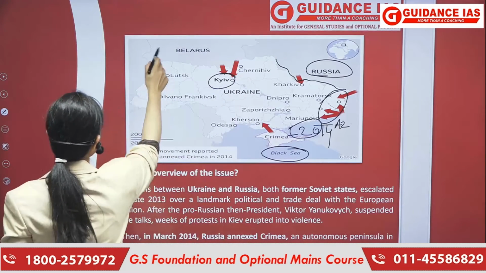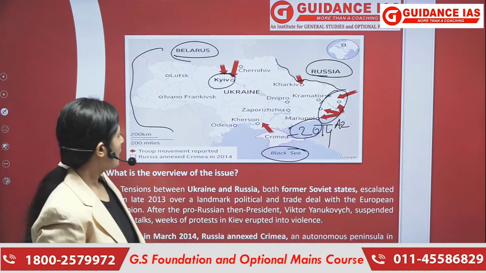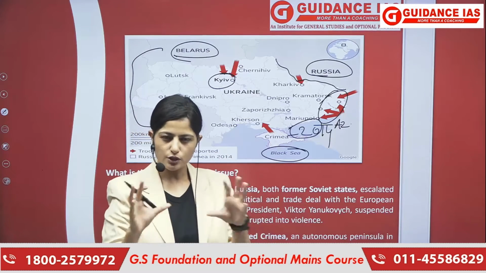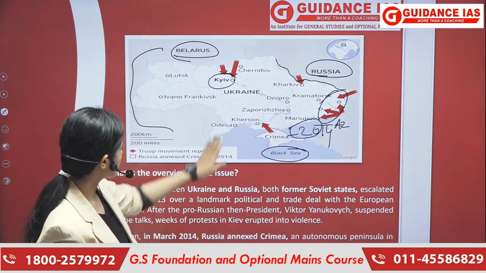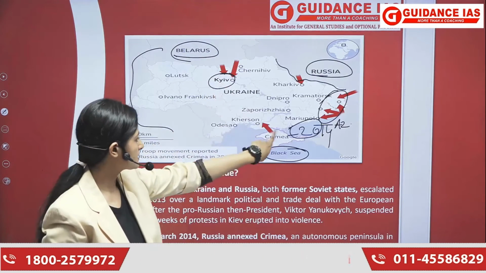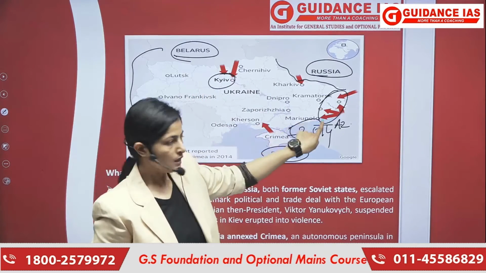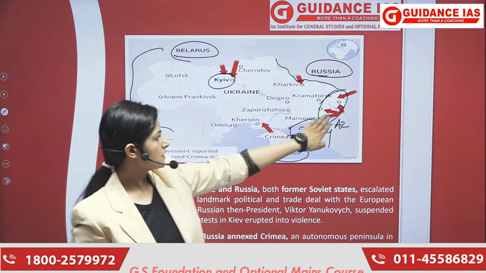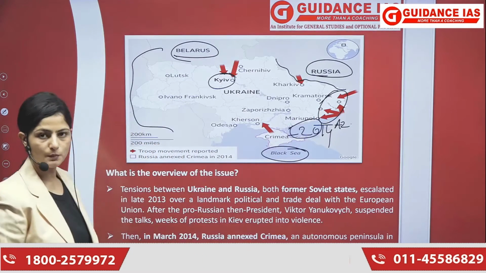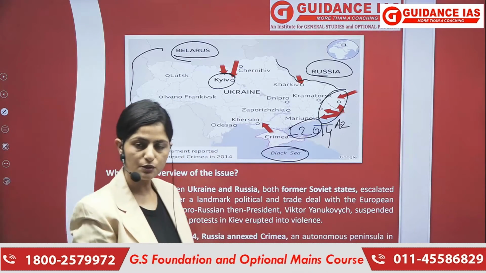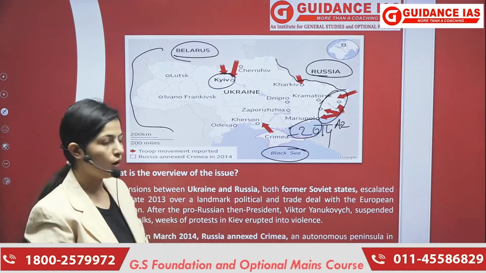These are the European countries here. Here this is Belarus. So this is a brief overview of the mapping portion. I hope things are clear to you now: कि यहाँ पर Kyiv है, the capital of Ukraine. This is Crimea situated here. This is Russia. यहाँ पर on the eastern side lie the two states, Donetsk and Luhansk, जिनको हम Donbas region भी कहते हैं. And in further slides, we will understand why these two regions are really important for the ongoing crisis.